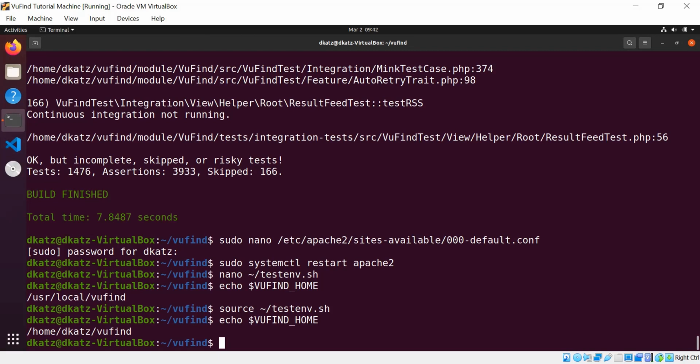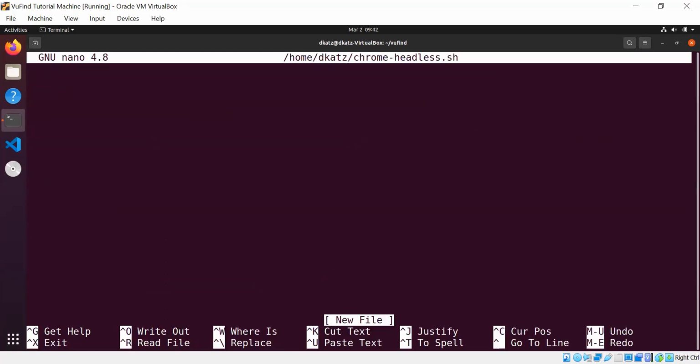The next thing I need to set up is a script for running Chrome with all of the parameters necessary to run tests. So I am going to create another script in my home directory, and this one I'm going to call chrome-headless.sh. And this is going to run Chrome in a mode that will allow it to be automated by VuFind's